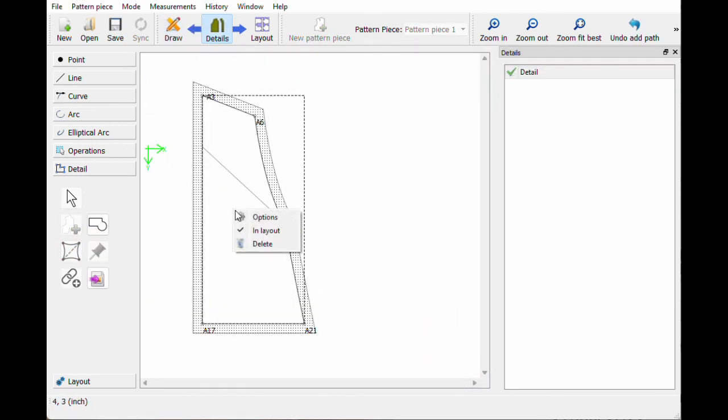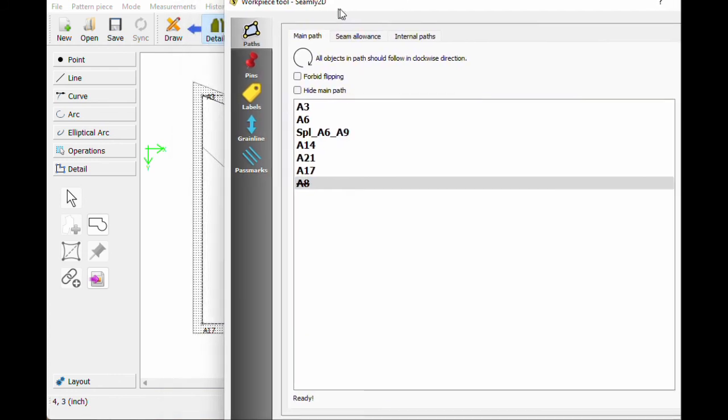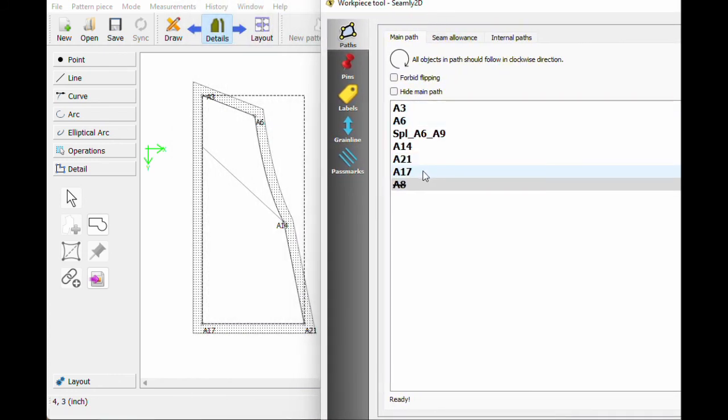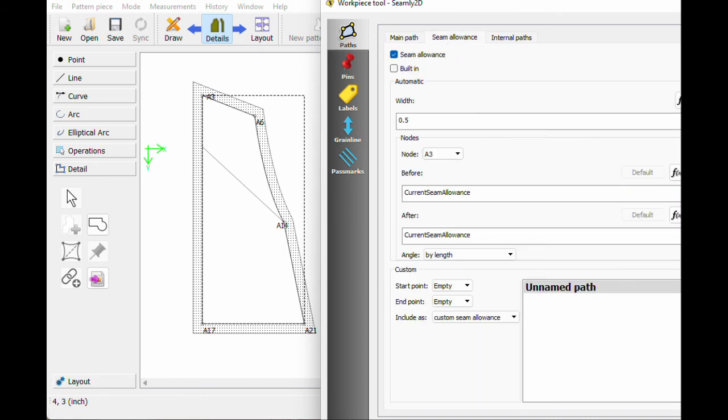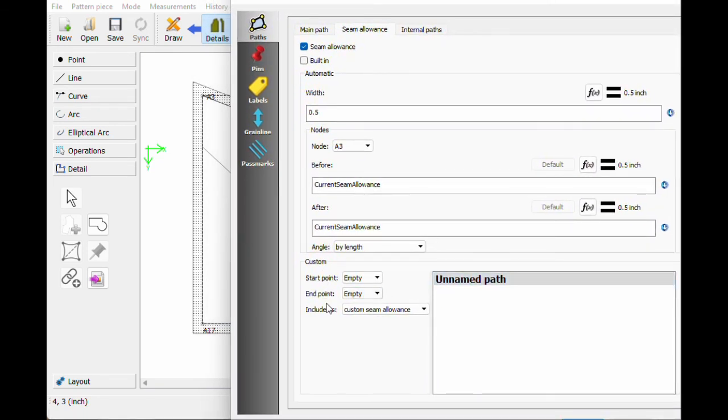Now in details, I'm going to right click it and hit Options. You need to double check that it's not getting rid of any of the points you need otherwise in seam allowance. Now we can do some custom work in here. So let me drag this into screen. Down here we have custom seam allowance, but I can actually do it up here. I have these nodes up here, which is why we add nodes. So at A3, which is this one at the top,